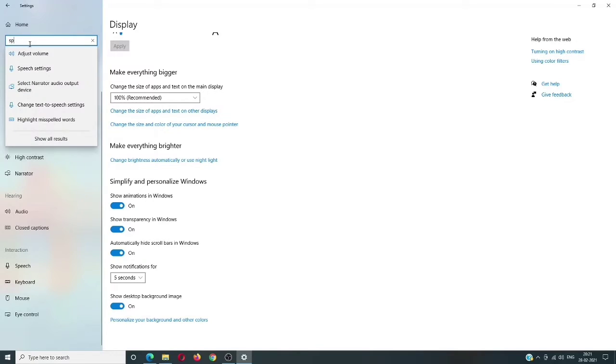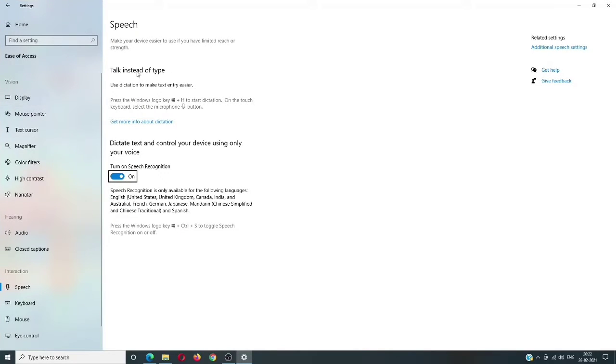You have to type speech. So yeah, here you have to go to turn on speech recognition, and this will be off. You have to turn it on.